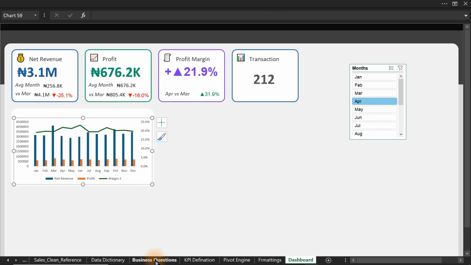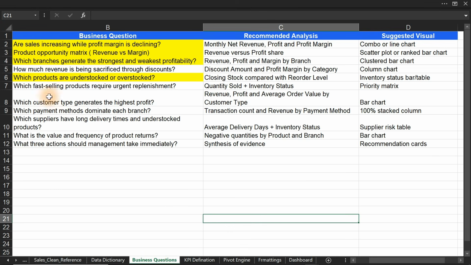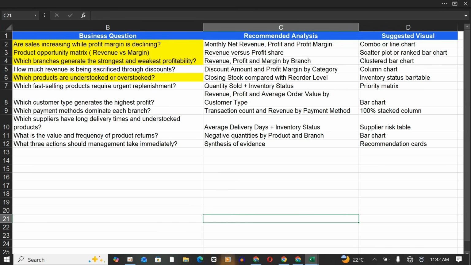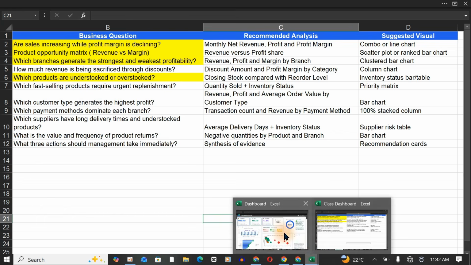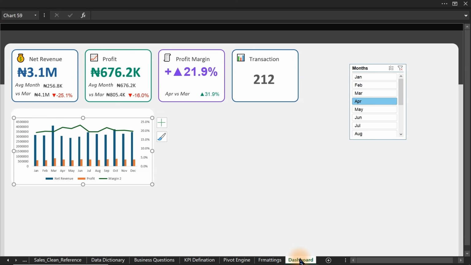Let's get back to the business question. So over here it said, as sales are increasing, profit margin is declining. So monthly net revenue, profit and profit margin, combo or line chart. So we have a combo chart, not just the line chart, and we have a line as well. So now we have combo, then we can decide to take off this one, but going back over to here